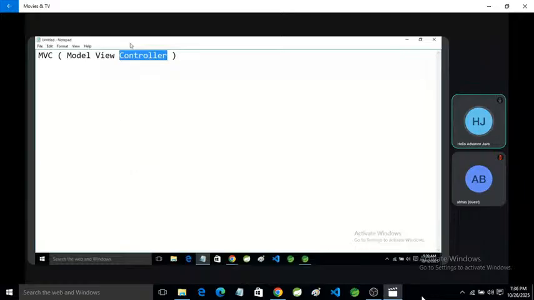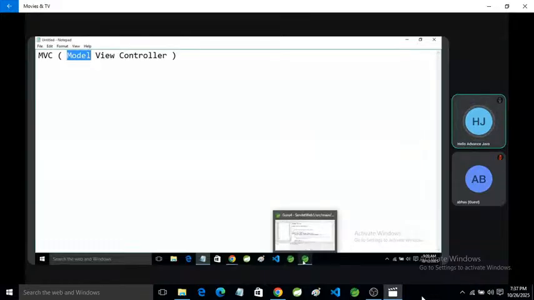If you want to create a controller, we have two options: we can use Servlet or JSP. For view, we can use HTML, CSS, JavaScript, jQuery, Angular, a lot of technologies. We can use any one. And for model, we use a class. So now we are going to create an example of model view controller with Servlet.